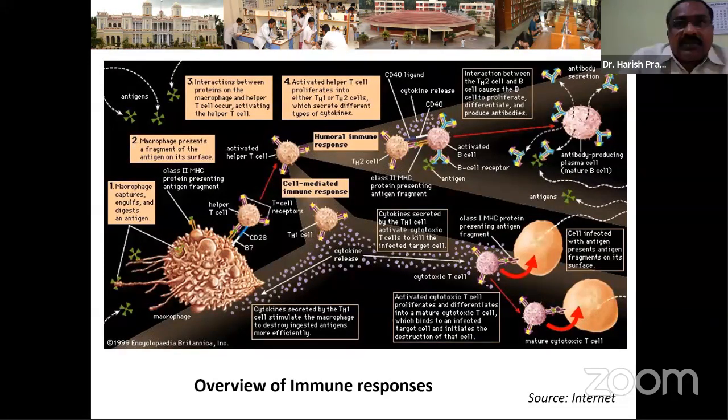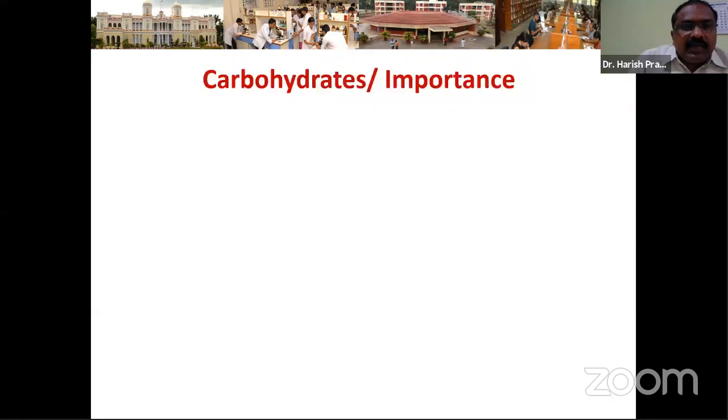Whichever thing you say, even the antigen or the recognition receptors, everything is a sort of glycoprotein, and this carbohydrate moiety will be there all the time. For this reason, I have just given an overview of how immune responses happen whenever an antigen is circulating in the blood. And next, we'll move on to the